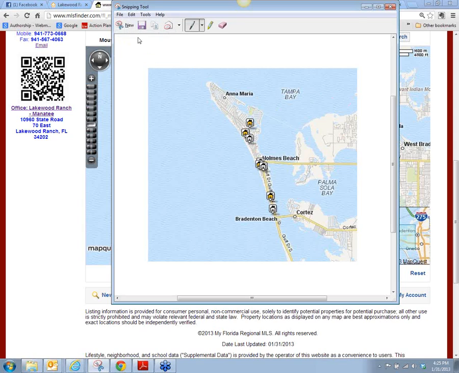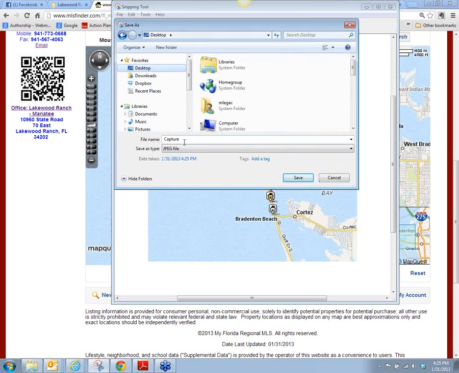I saved it. I'm going to save it on my desktop as beach properties. Now remember, when you save images, you want to use keywords on those images, because Google will pick up the keywords from those images and include them in a search. So anything that you're going to post, I would put beach properties, I would put my